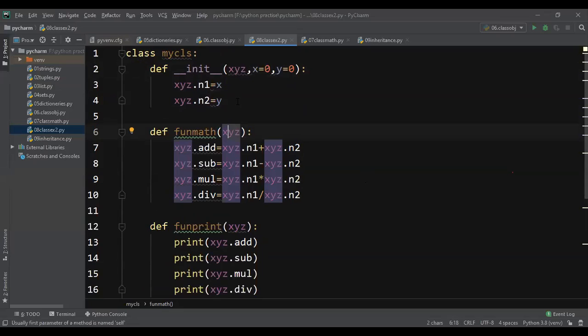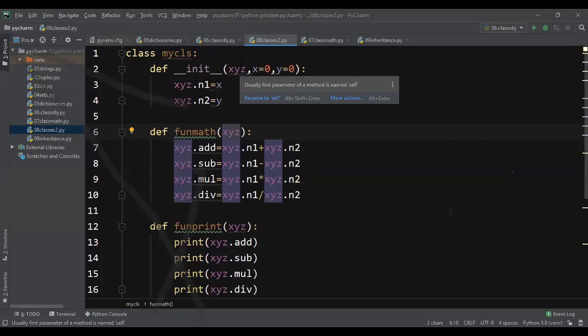The reference should be the same in the entire class, irrespective of the number of methods you are creating. Your reference should be the same for all the methods in the class.